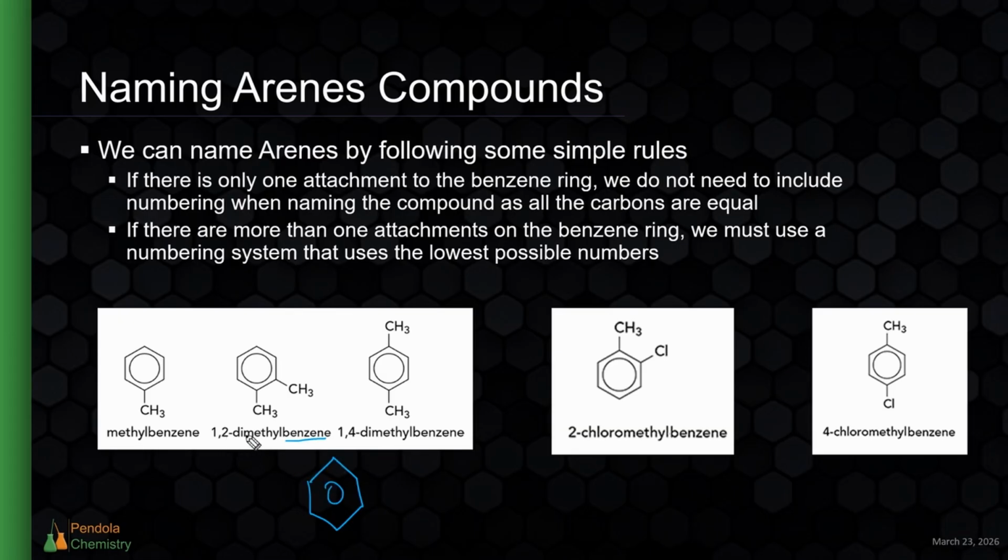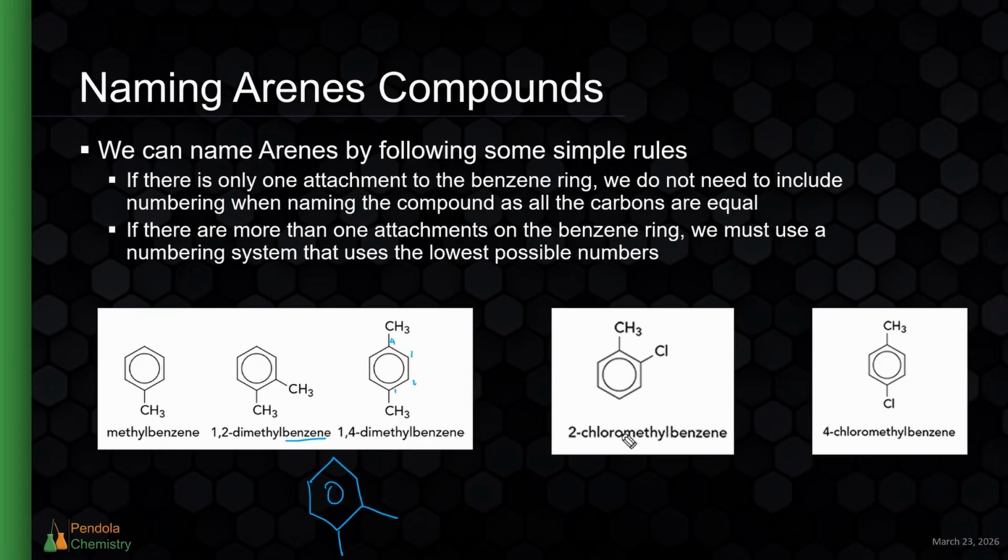And then the 1,2-dimethyl tells us that there are two methyls right next to each other, 1 and 2. If it was 1,4-dimethylbenzene, then those methyl groups would be on carbon 1, 2, 3, and carbon 4. So being carbon 1 and 4 means they will be directly across from each other. If there were 1,3, then it will be 1 here, 3 here. If we have